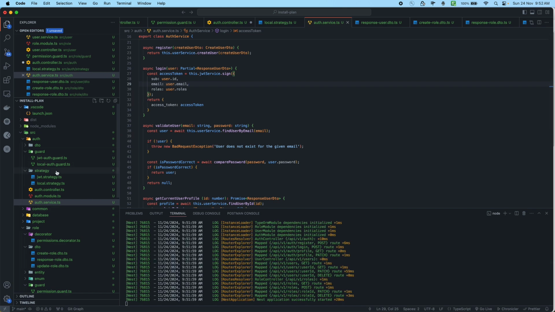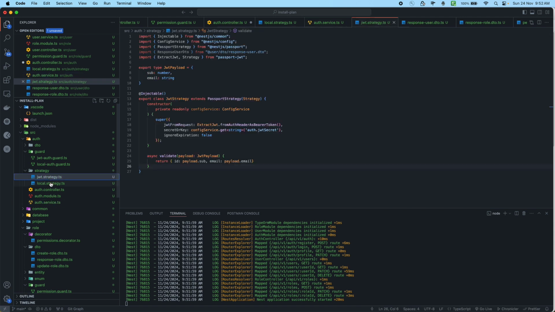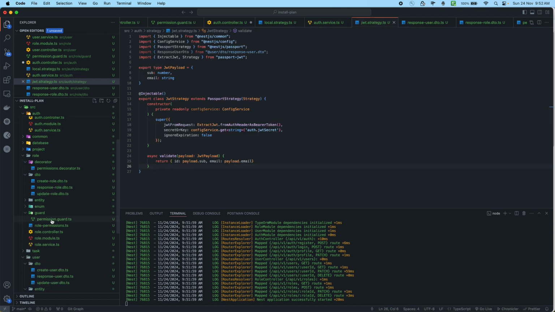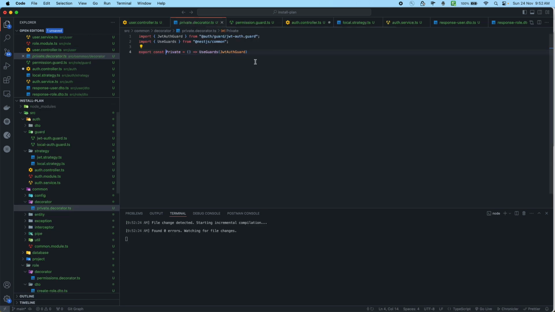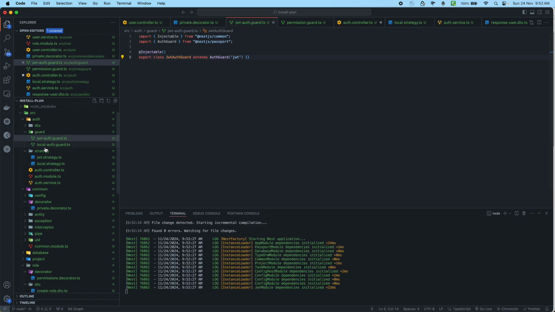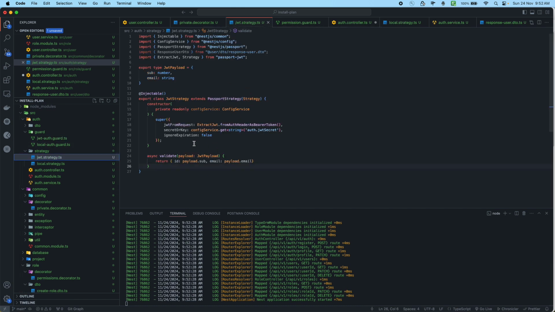and then this will be added in access token. Okay, now when we will be executing JWT strategy, when we will be using private annotation here, let's say in user controller, if we use private annotation, if I go in private, we are using JWT auth guard. So JWT auth guard will execute this JWT strategy, and it will extract the JWT payload from access token, and then